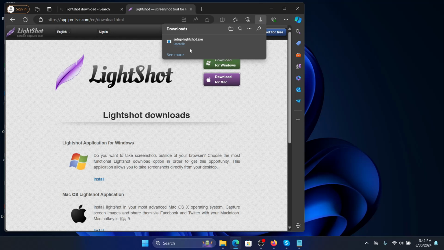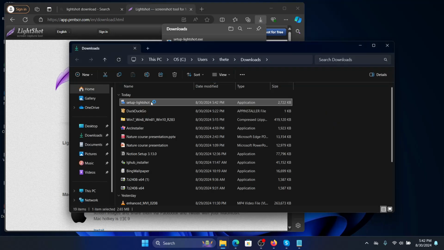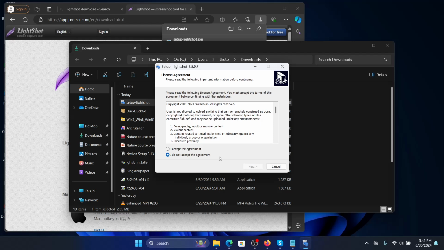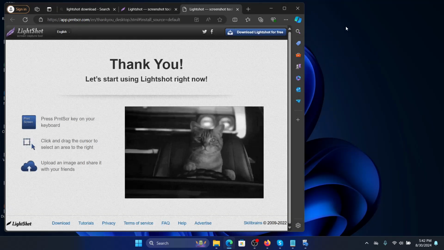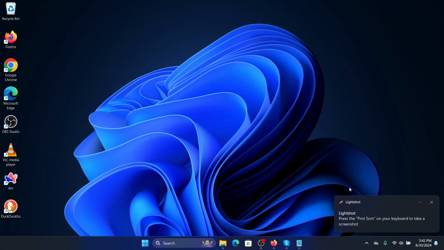and once it finishes, we will open the folder and click yes. Okay, I accept the agreement. Next, and it should install. Click finish, and now we can find Lightshot here,